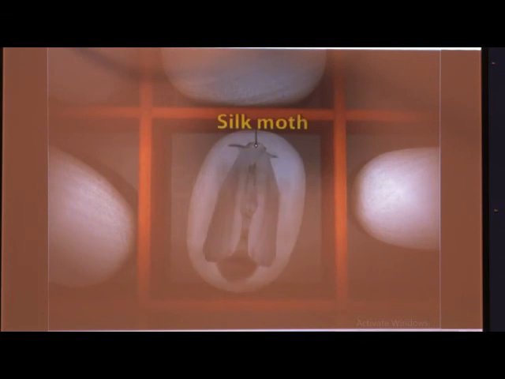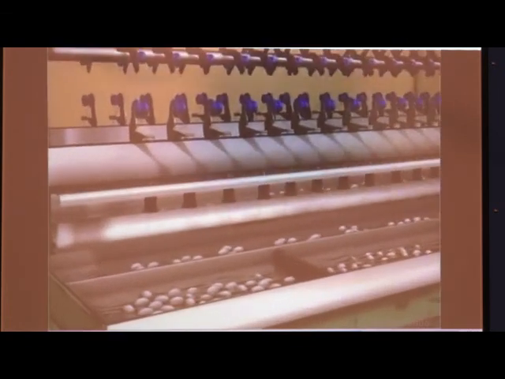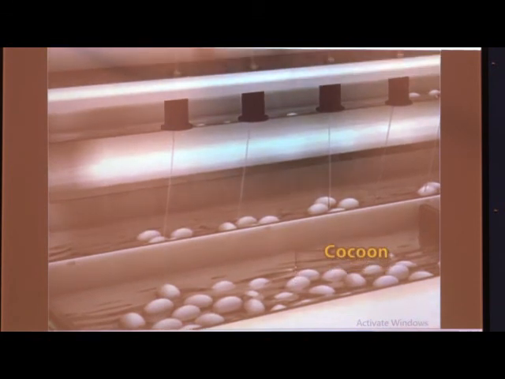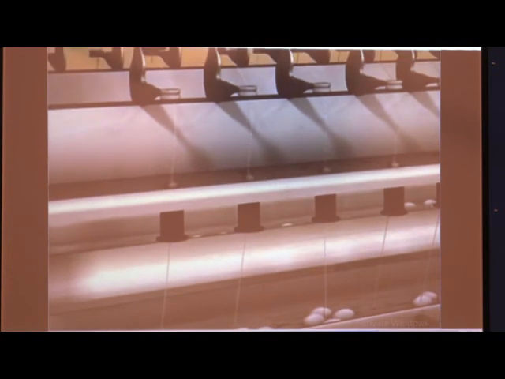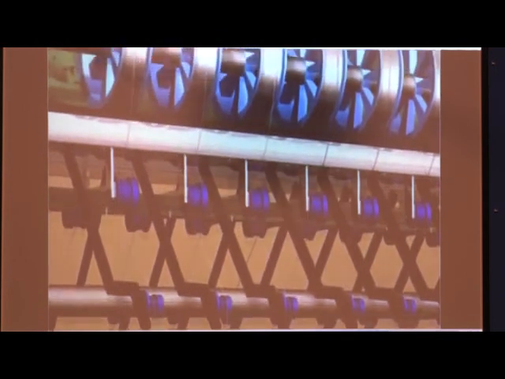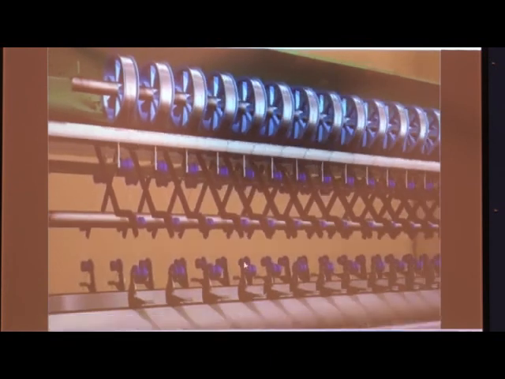The larva first changes into a pupa and then into an adult silk moth which breaks the thread of the cocoon and comes out of it. Since the silk thread of the cocoons is damaged by the silk moth while coming out, silk farmers usually kill them by putting 10-day-old cocoons into hot water. The hot water also loosens the long silken threads of the cocoons. Loosened threads from several cocoons are then wound into yarns to make strong threads which are woven into cloth. In this module you have learnt.